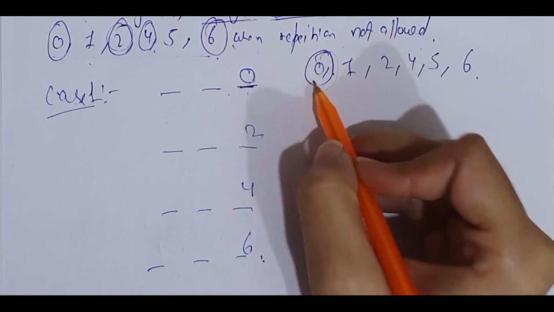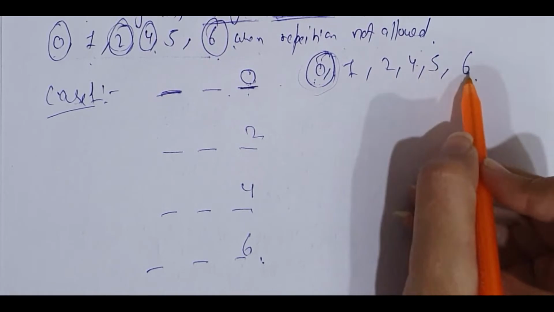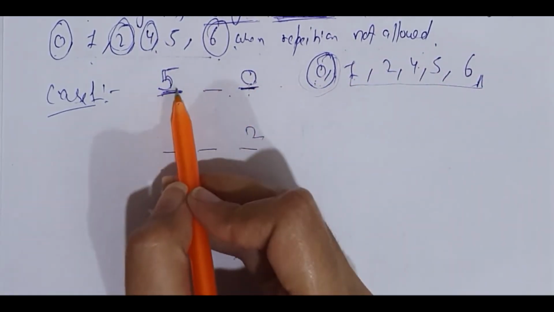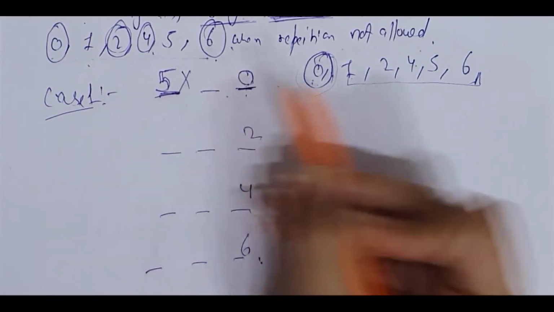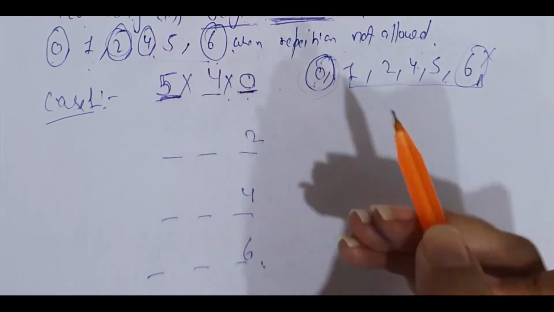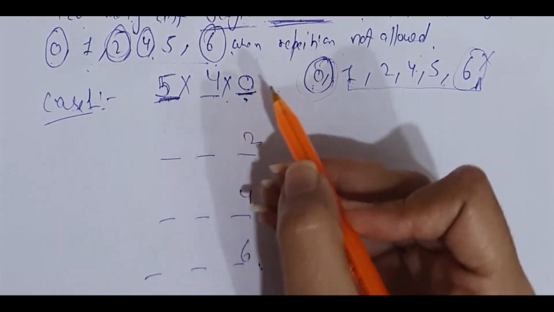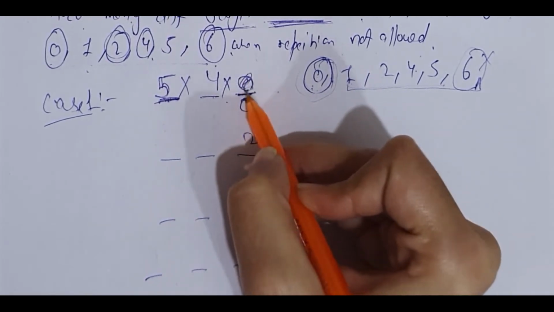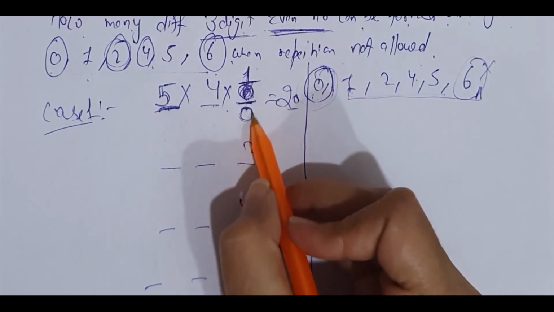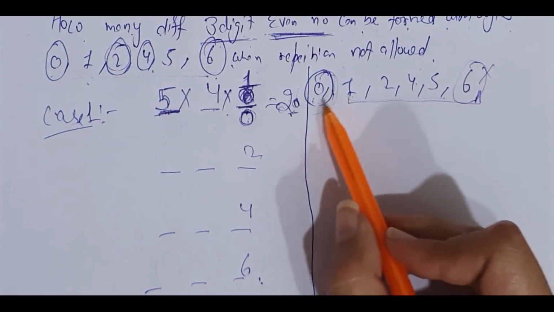And we fixed 0 at ones place to make it an even number. So 1, 2, 3, 4, 5. We are only left with 5 numbers. So 5 numbers can be possible here. Suppose if we use this number, then we are only left with 4 digits. Here 5 numbers can be possible, here 4 numbers can be possible. Here we fixed 0, so here only 1 number can be possible. Therefore, if we fix 0 at first place, then 23 digit even number can be formed from 0 to 6.